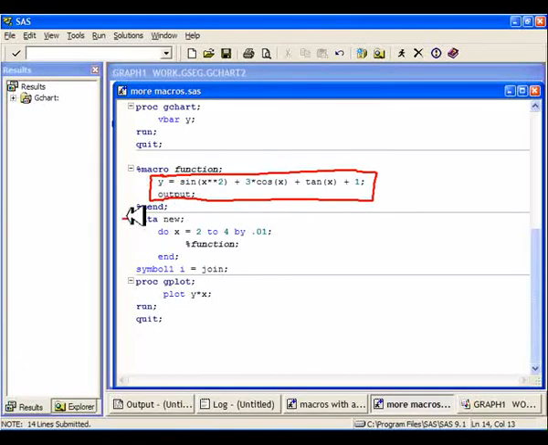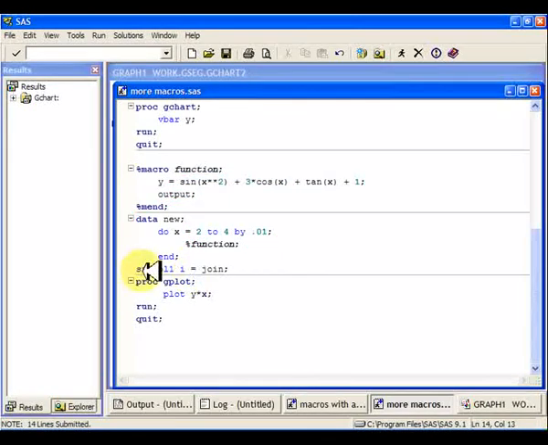then it's going to run through data new, and then it's going to do x equals 2 to 4 by 0.01. So right now x is 2, and then it's going to go through this function up here, and then it'll make y equal this function and output it to a data set, and then it'll go to the next value, 2.01, and then it'll run through the y equals and get another y, and then end, and so on and so forth. So it's going to run through this and create this function essentially,